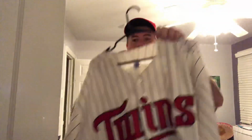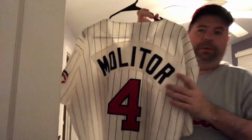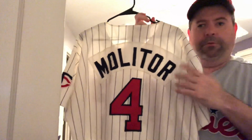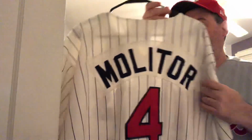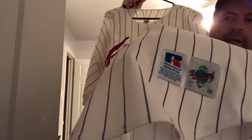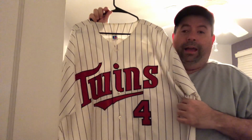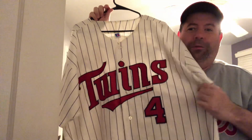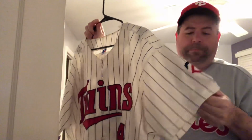It's the Minnesota Twins home. Number 4, Paul Molitor. And what he did is he had these jerseys professionally done by EPS. So over the years he got blanks, vintage blanks, Russell Athletic blanks. You can see by the jock tag, and he had them turned into a player. And then he was selling a lot of his collection. And myself and some other friends, we were able to buy a bunch of his jerseys when he was selling them,